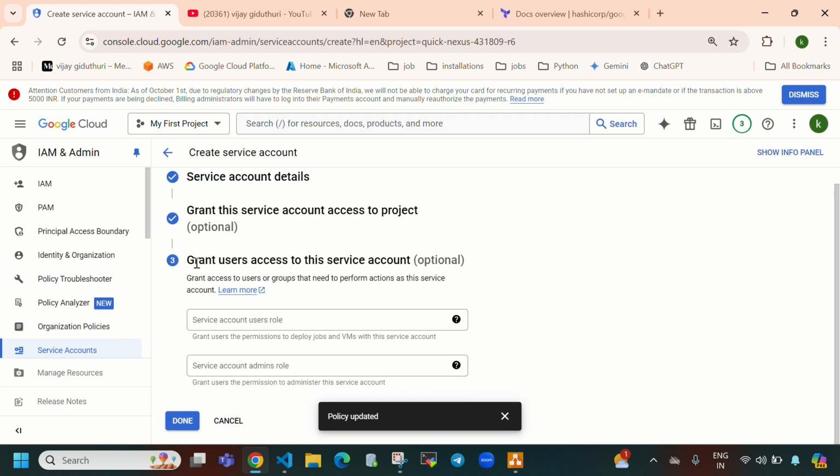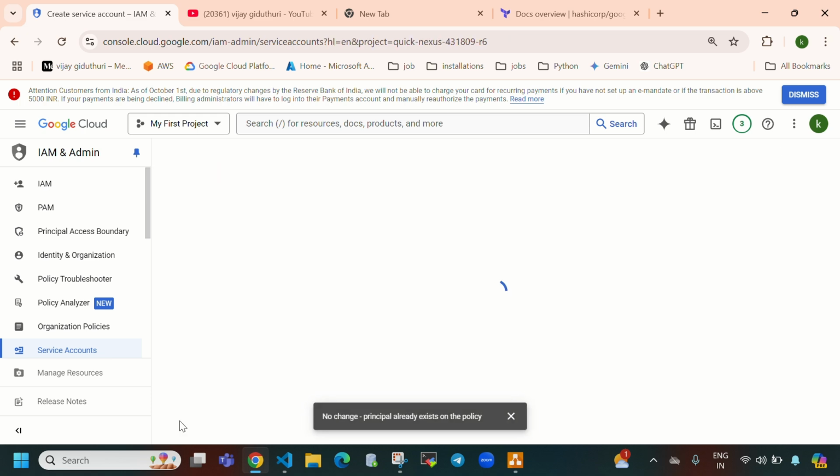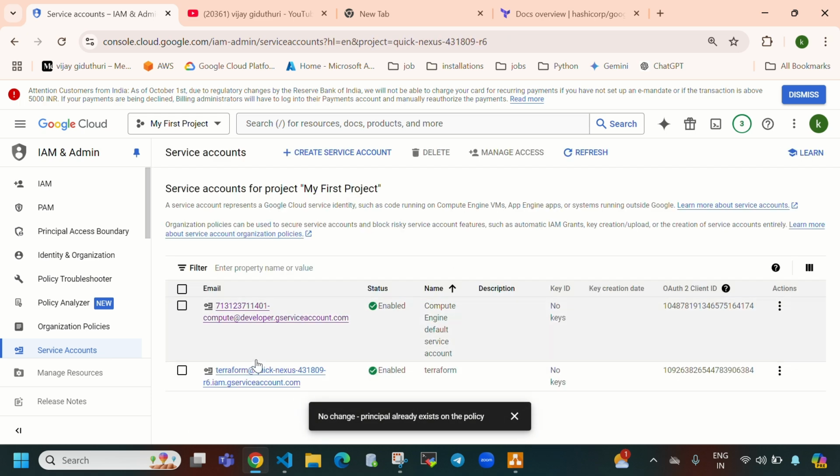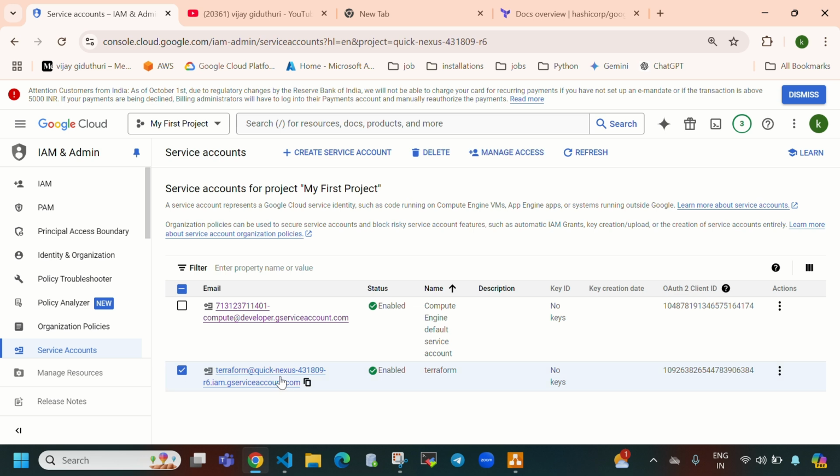And this is optional, guys. Grant user access to service accounts. So this is optional. I'm going to select here done. So here you can see IAM credentials has been created. So now we need to download this JSON file. Directly open this,